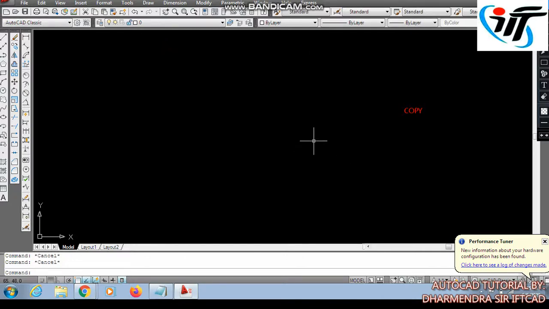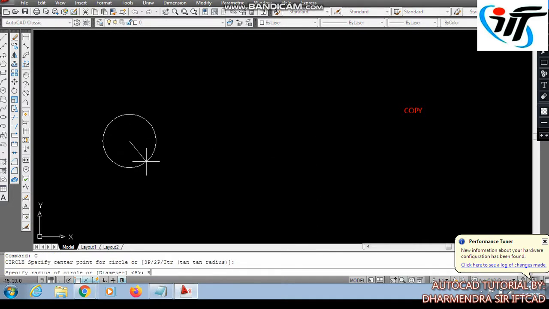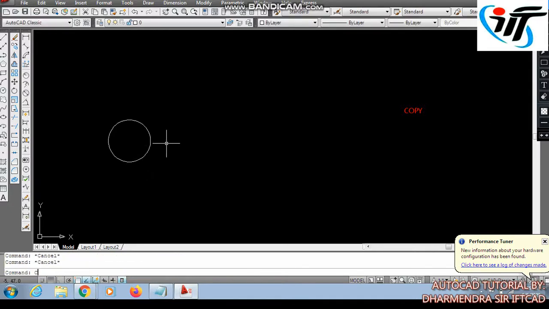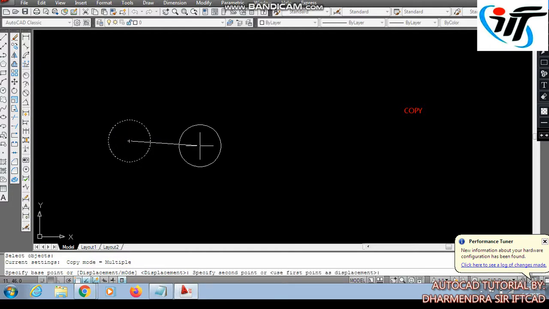Once again I am using the same command. C enter, circle, radius 10 unit. Now I am using copy command. Select object, enter. Base point, I am picking center for base point, then ortho on. Now I am providing the distance.